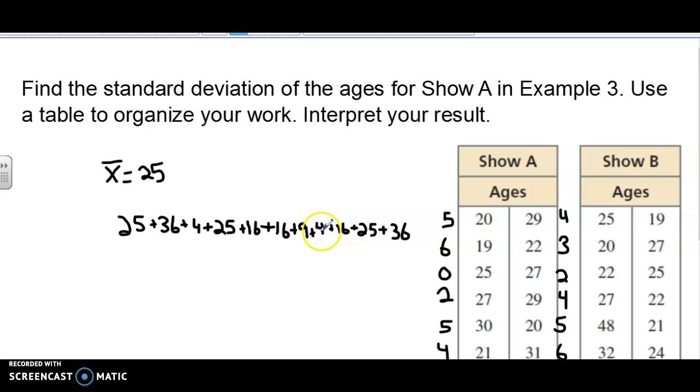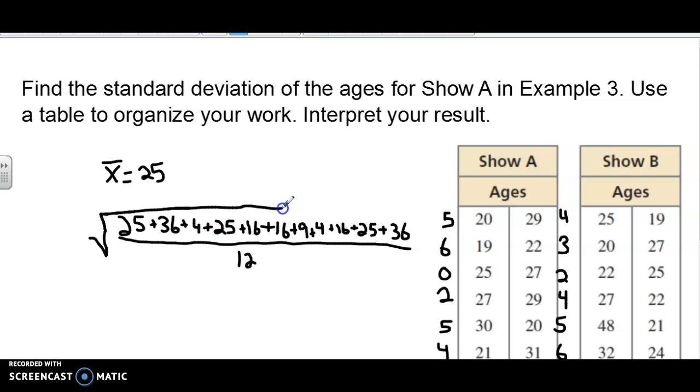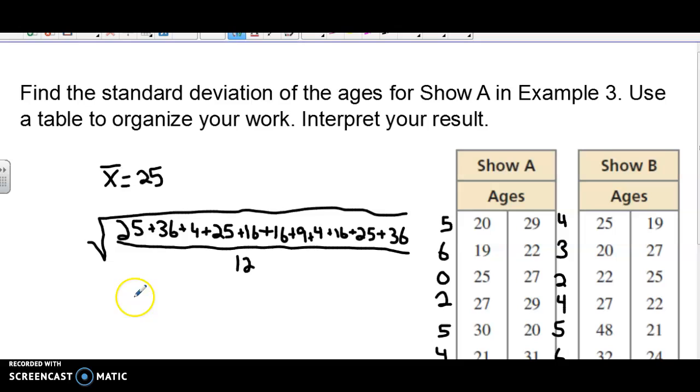So we have 1, 2, 3, 4, 5, 6, 7, 8, 9, 10, 11 values here, plus the 0 squared, which gives us 12. That works. Now we're going to add these all up, divide by 12, and then take the square root. This is where your calculator work really comes in handy, because you want to transfer the answers over. When we add all of these up in the calculator, we get 212. So I have the square root of 212 divided by 12. When I do 212 divided by 12, I get